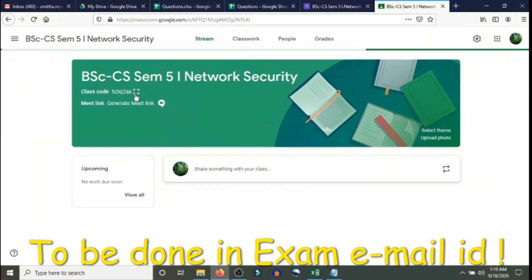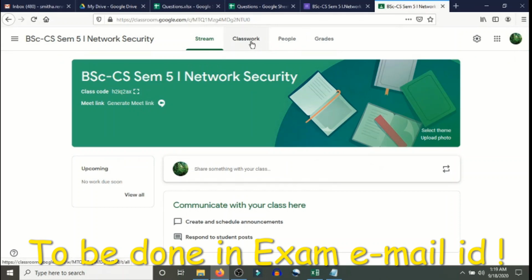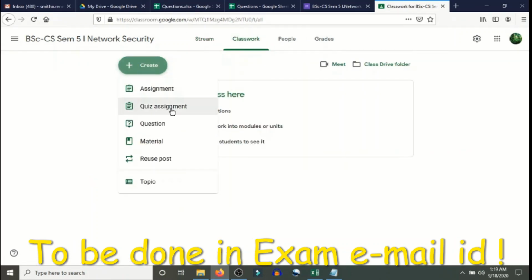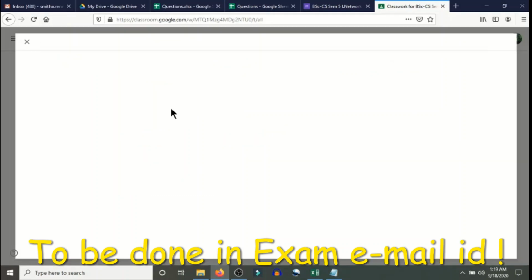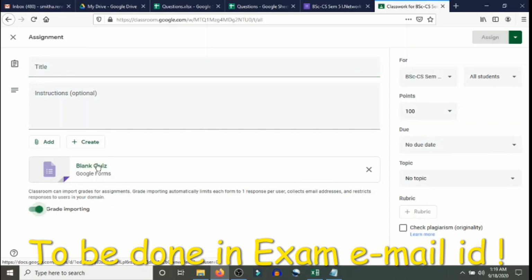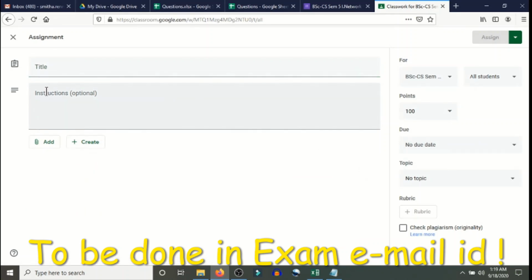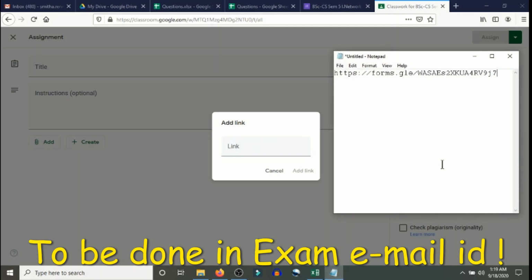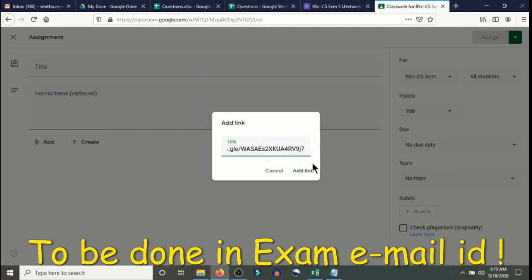Yeah, it opens up. We go to classwork and create a new classwork, a quiz assignment. Here we come to this blank quiz. We can delete this blank quiz, go to add, click on link, and paste the link of the Google form that you had copied, and say add link.